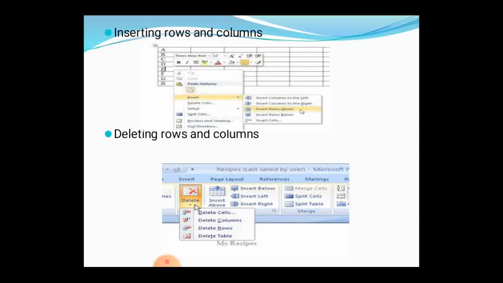One more method of deleting continuous rows and columns is the X-marked box in the Home tab, named Delete. Once you select that, you will see delete cells, delete columns, delete rows and delete table. On selecting this, your columns or cells will be deleted.